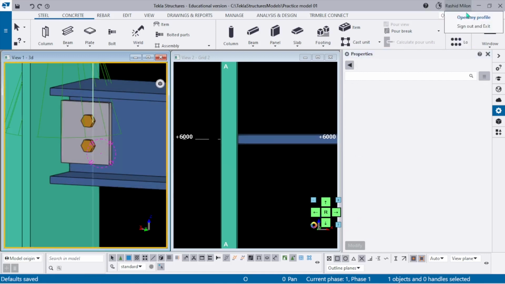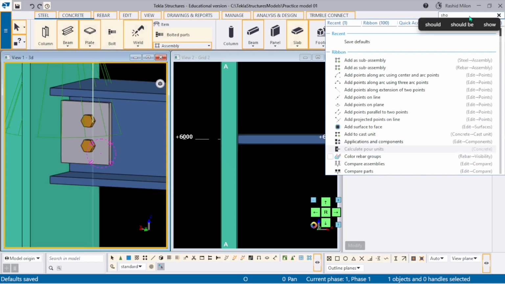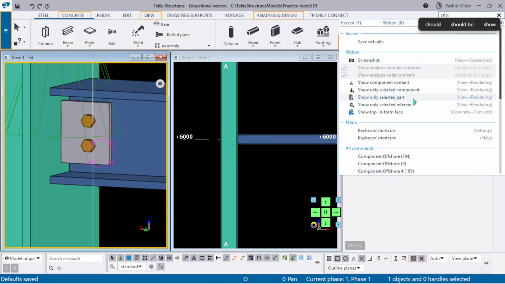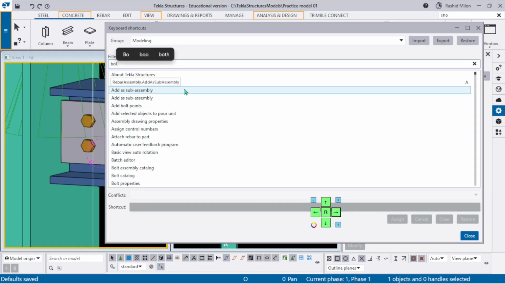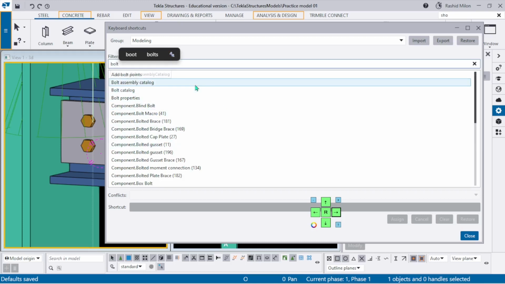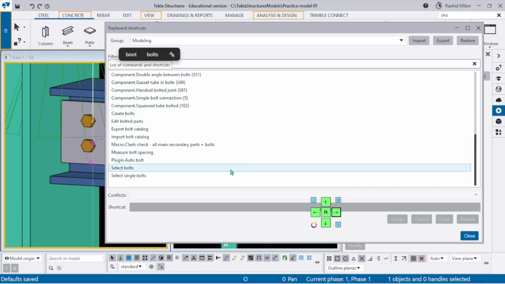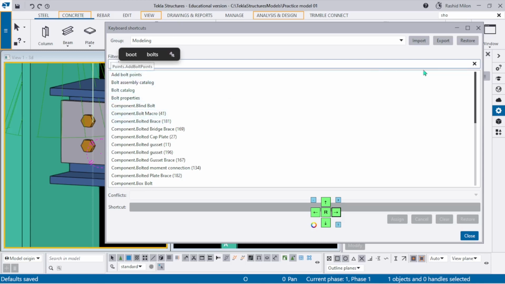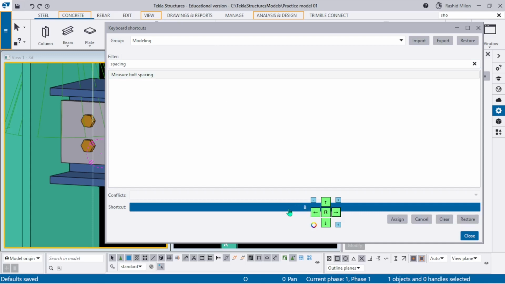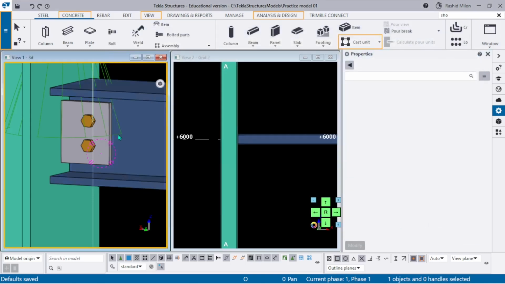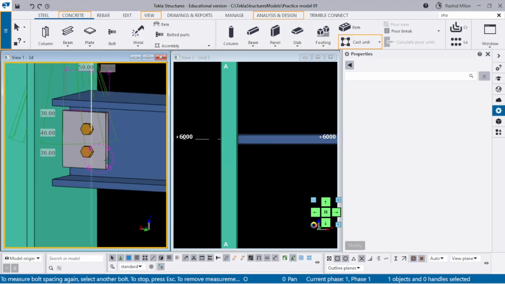I think the shortcut, keyboard shortcut, bolt, bolt spacing. Okay, so bolt spacing, measure bolt spacing, we can do by B. Okay, we have assigned B. So now if you click B, select part, then select bolt, then you will see here